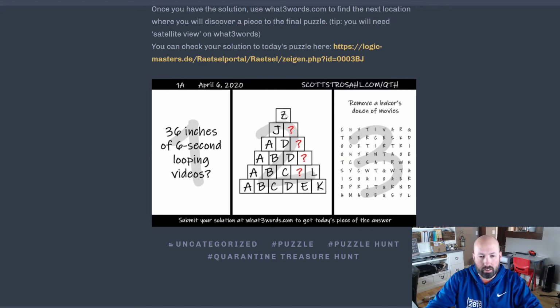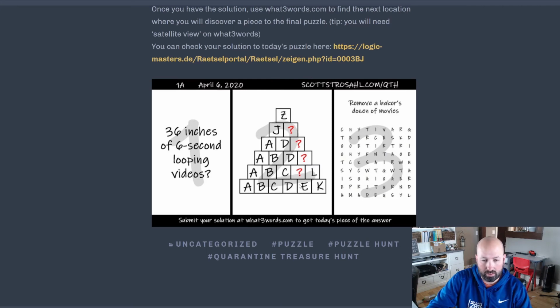ultimately, this J and this Z seem like weird letters to have. The rest of these are semi-normal. K is less common, but we're probably not spelling anything here with Z and J. But if you try some things, you can find that by doing the sums of the values, so 1, 2, 3,